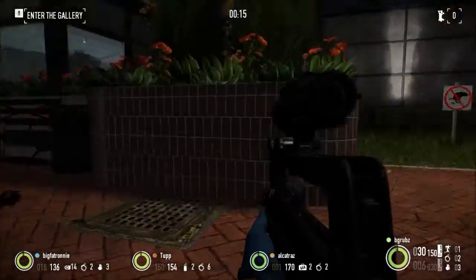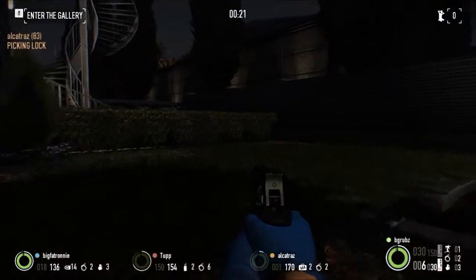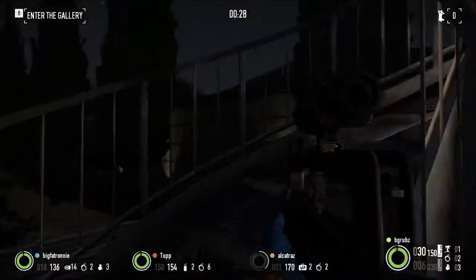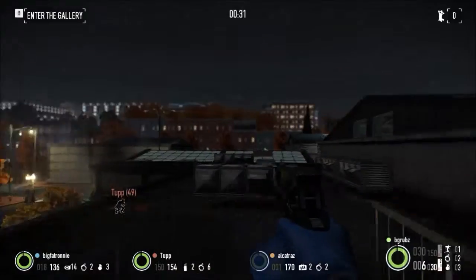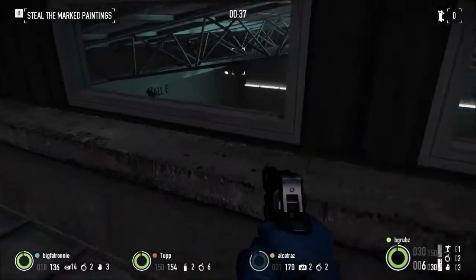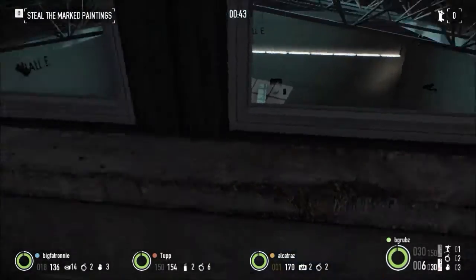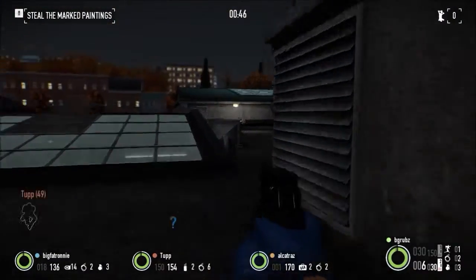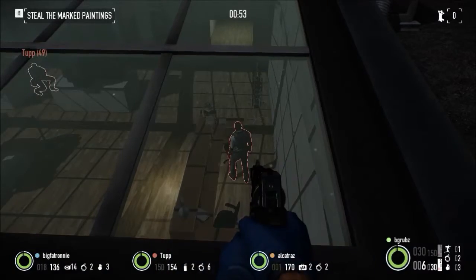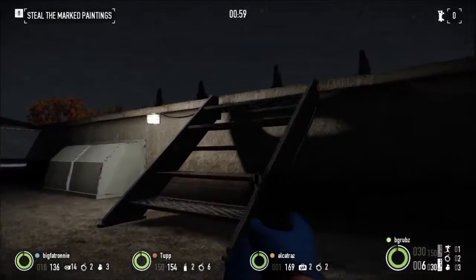Of course, I don't have any silencers on any of my weapons, so I'm going to have to use my melee. So what I'm doing here is I'm just scouting out, seeing where the guards are and pointing them out for people